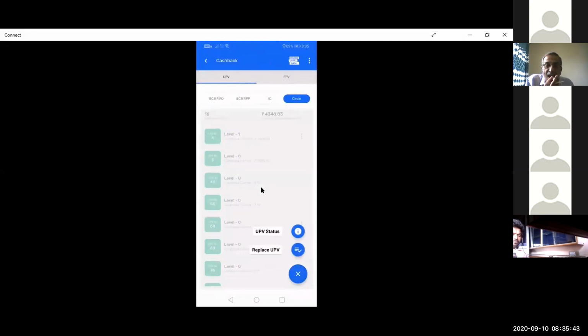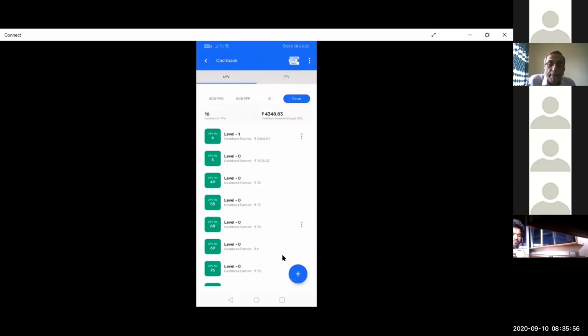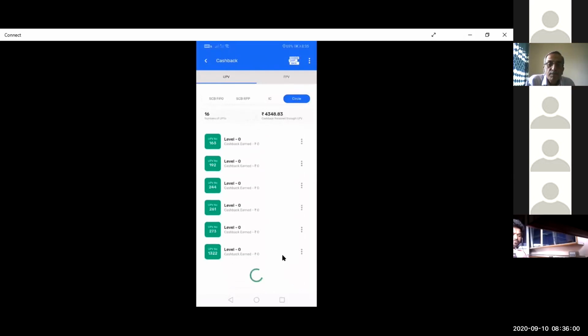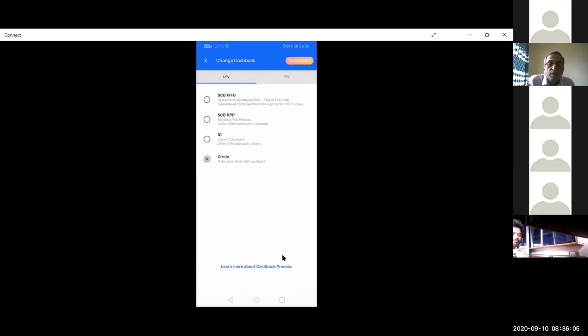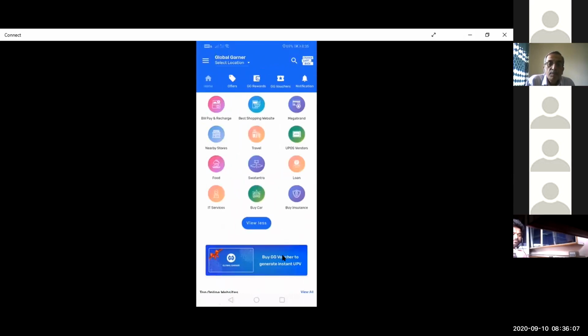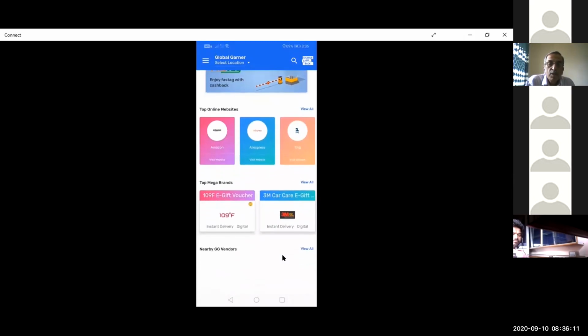Then if I again click on this, and if I click on replace UPV, I would be able to see the list of all UPVs that I have replaced here. Okay, let's go back. Sorry. So that's how you can tag and replace your UPVs in my circle. So that was all about the user application, right?